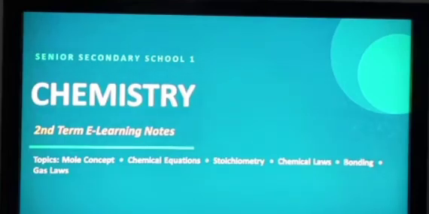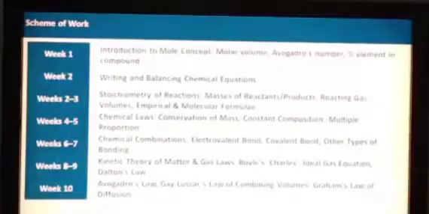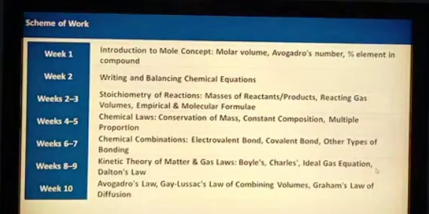We have mole concept, chemical equations, stoichiometry, chemical laws, bonding, and gas laws. Now let's get into the meat of the day. Introduction. In our scheme of work, we have week 1, introduction to mole concepts, where we have molar volume, Avogadro's number,